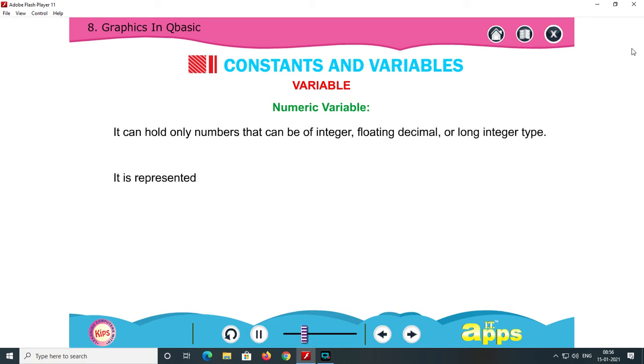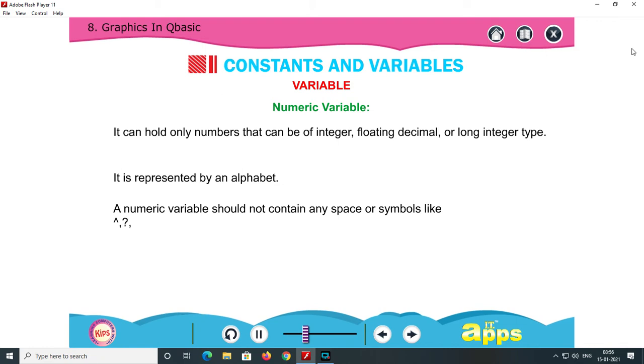It is represented by an alphabet. A numeric variable should not contain any space or symbols, like caret, question mark, backslash, forward slash, @, etc. For example, A = 5 means the value 5 is assigned to the variable A.